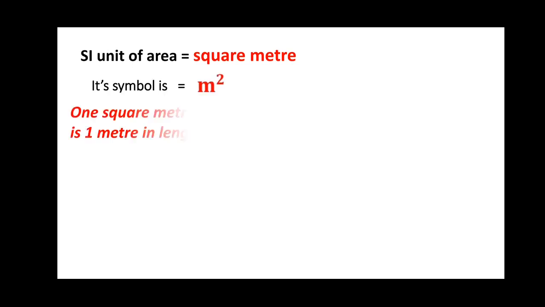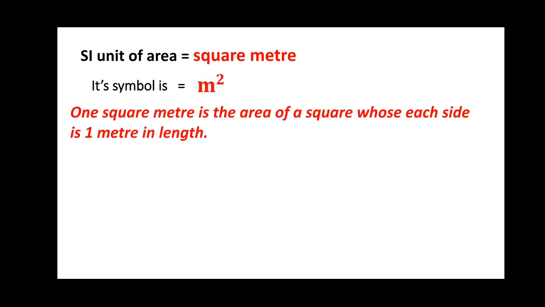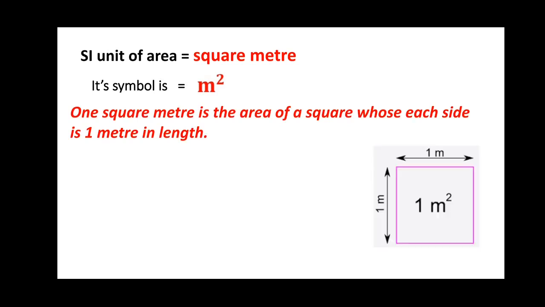1 square meter is the area of a square whose each side is 1 meter in length. Look at the square given. Here we can see each side of square has a length of 1 meter. So, area of square is side into side is equal to 1 meter into 1 meter, that is equal to